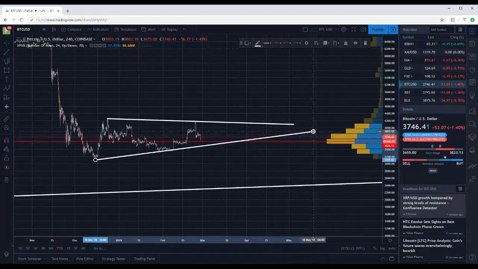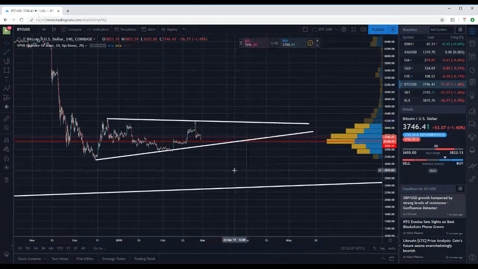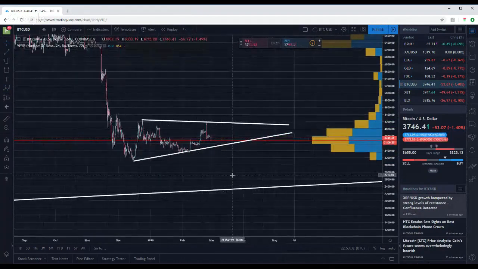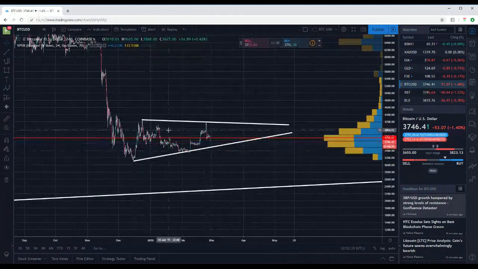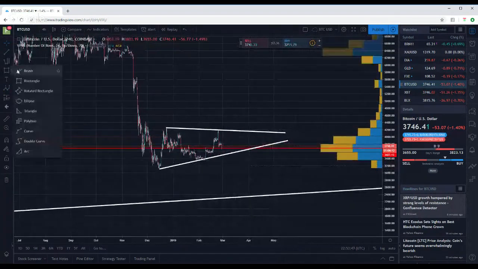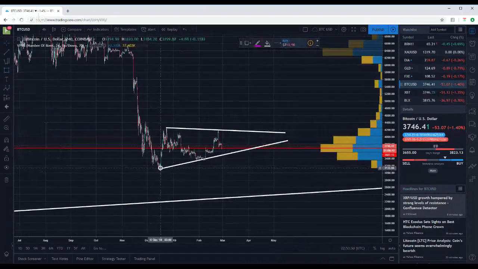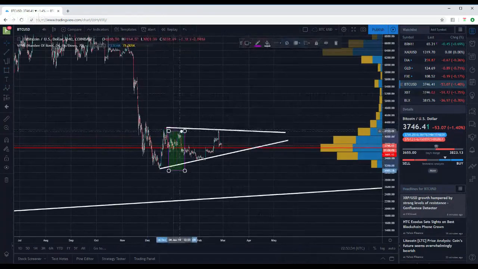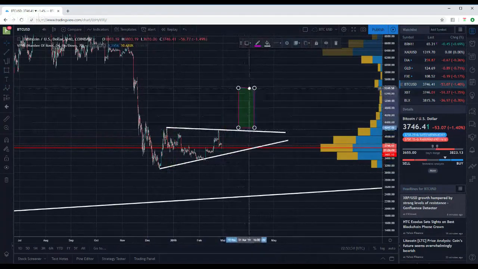Basically, just freehand drawing real quick. This is an ascending triangle, and this is what a lot of people are looking at. This is a bullish formation, and this is what I'm seeing all over YouTube in the past couple of days. I actually saw this a week or two ago, and I said to myself, everybody is going to see this as an ascending triangle, and everyone is going to start becoming bullish here. And what we're going to look for, if this is to play out, is a breakout